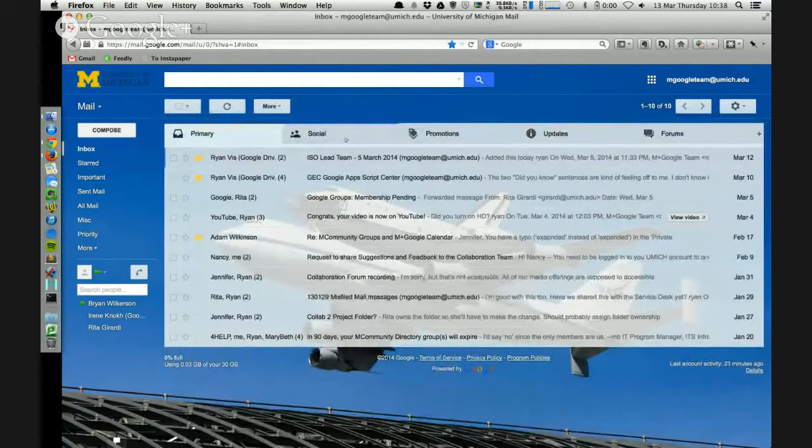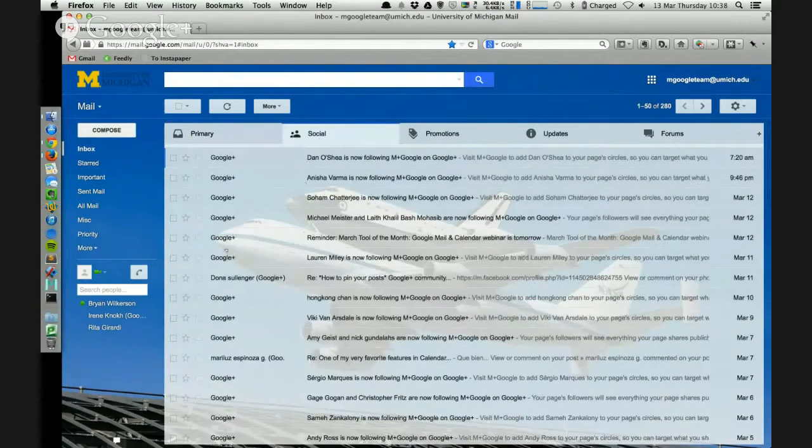Google is fairly intelligent about what gets classified in each of these tabs, especially things like promotions. If you're on mailing lists for an online shopping site or Facebook, for instance, Facebook and Twitter notifications are very easily classified into the social bucket. Google Plus as well.